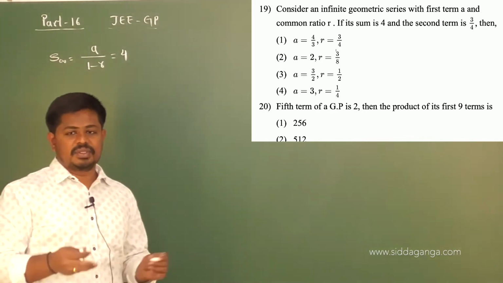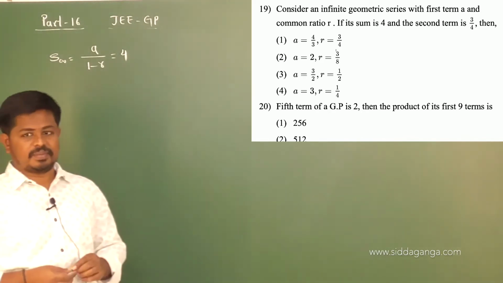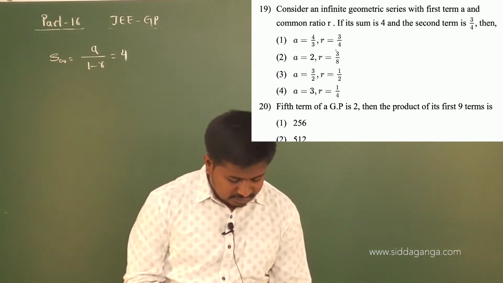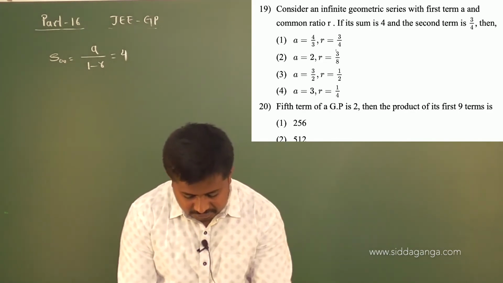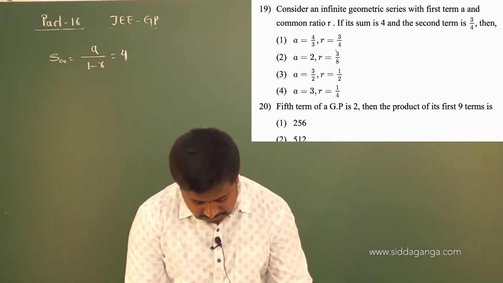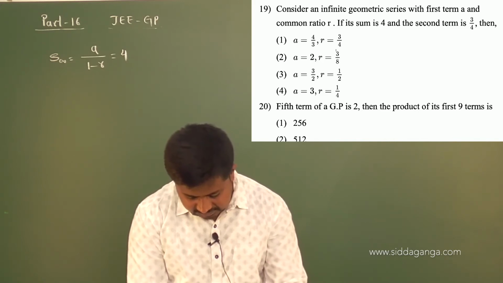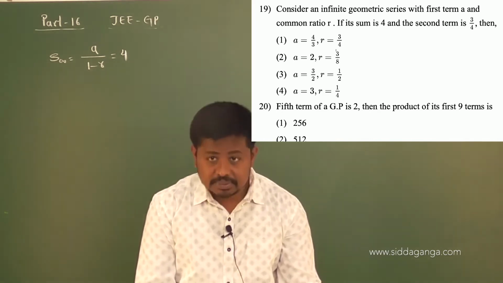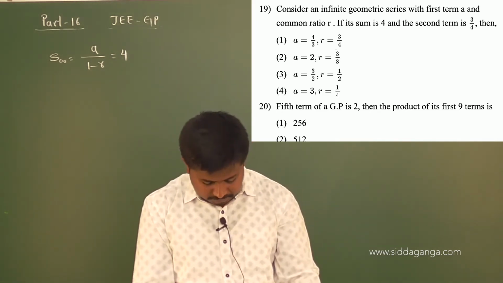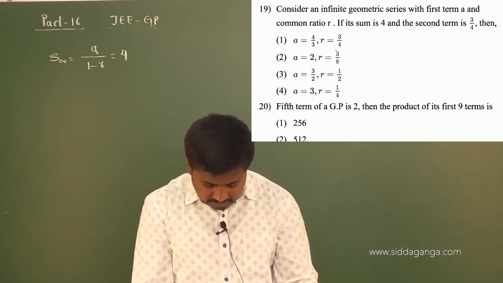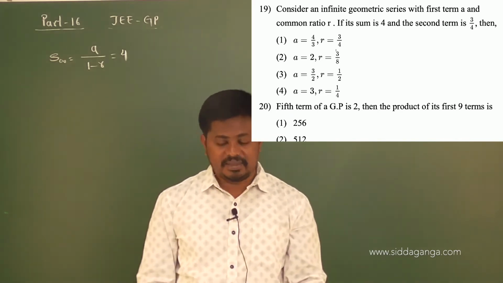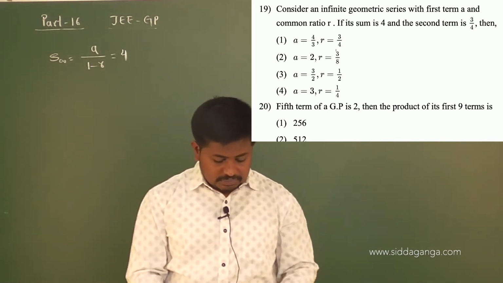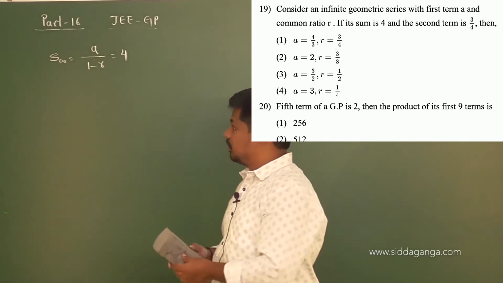Students, I think this is a question repeated. I think the 8th one is same as this. Okay, you can refer to that. 8th one is same as this, it's a repeated question. You can get this in the last session. Right, same question. So you get option 4, you mean A is 3, R is 1 by 4. Okay, the same question repeated. Okay, so now let's move to the 20th question.